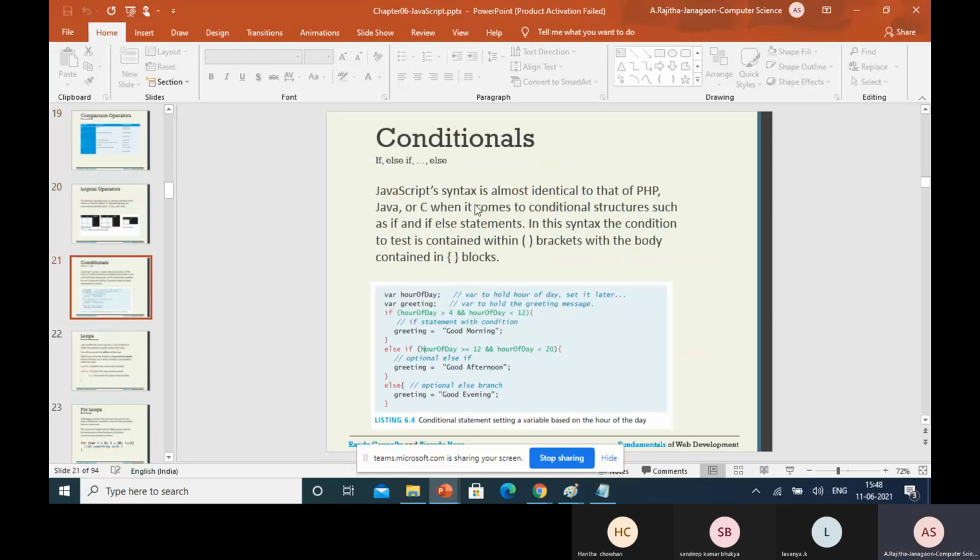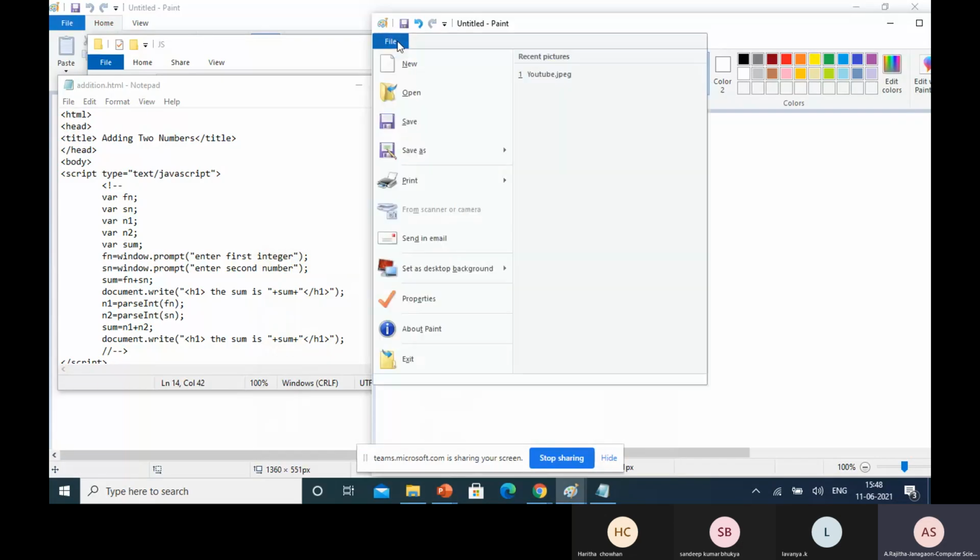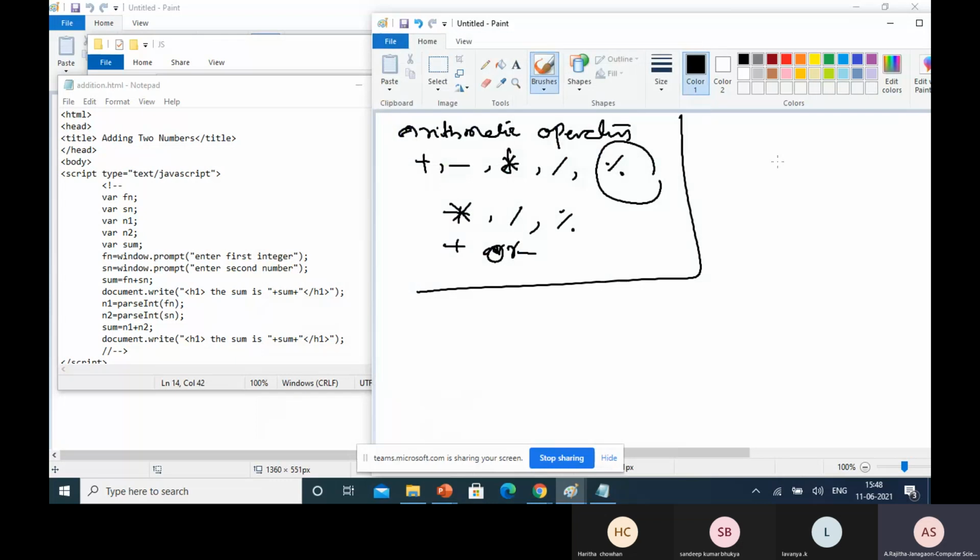Before discussing this conditional statement, first we have discussed some decision making, equality, and relational operators. You know that the relational operators are like this: less than, greater than, less than or equal to, greater than or equal to, and next equal to, not equal.